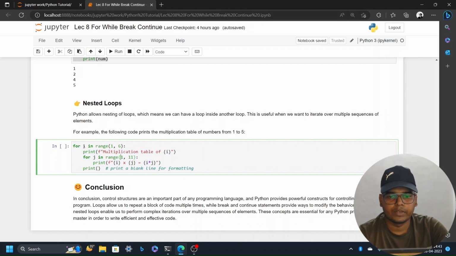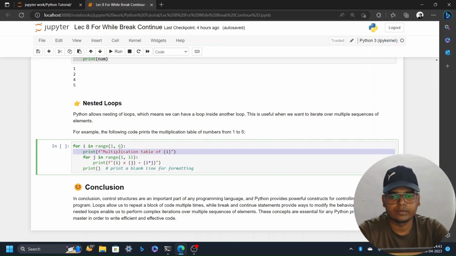So whenever the value of i is in the range of 1, 6, this code block will be executed. For the first time the value of i is 1, and this first statement will be printed here, that is multiplication table of 1. This is the first line, and then again for j in range 1, 11,